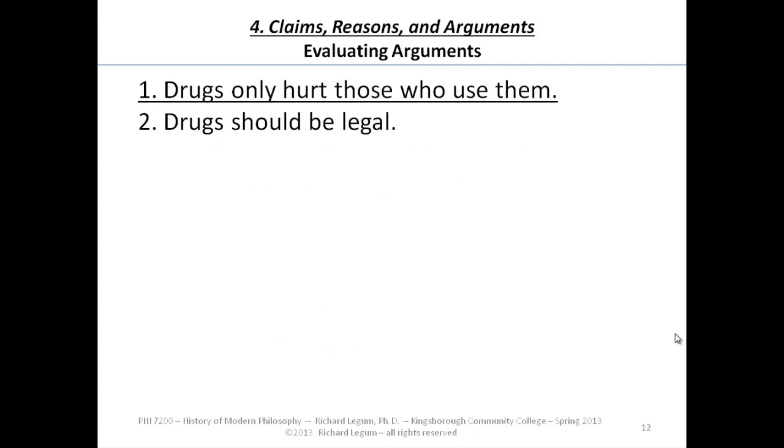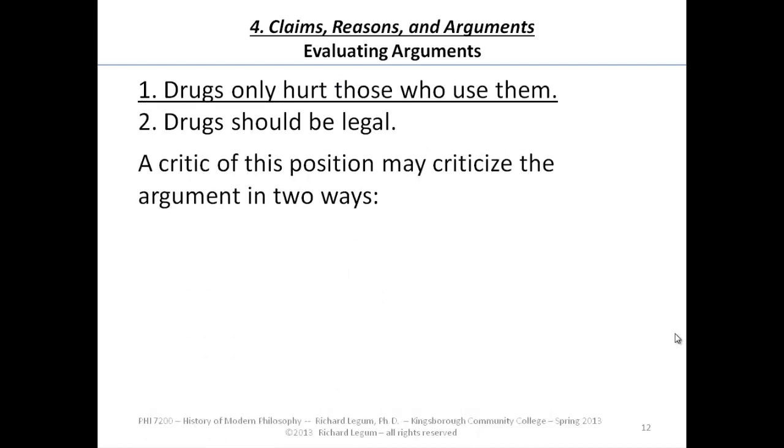Now, let's consider the following. If somebody were going to criticize this argument, I know when you first saw this, you decided it was the most ridiculous argument you ever heard. Let's think of why. I think there are two ways that a critic of this argument will criticize it. And the first one might say is,